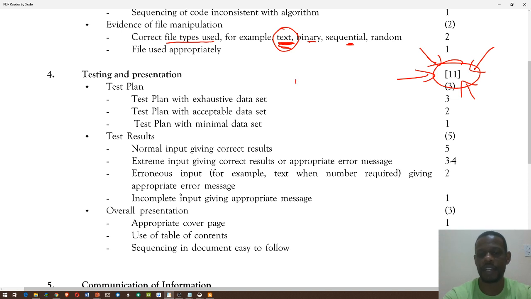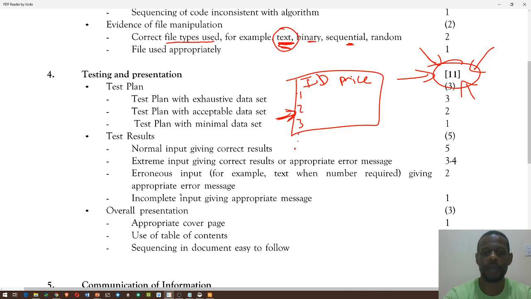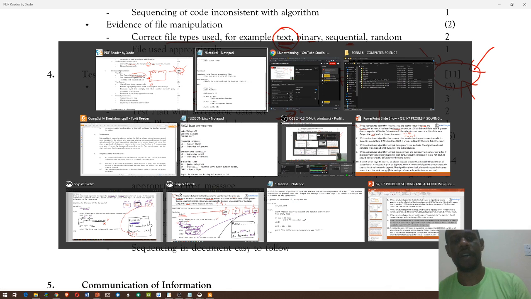So you can't just have a text file with an ID and a price, and then you only have like 1, 2, 3 records. You have to create a text file that has some body. So you have to get probably up to 20 records, because that means your data set is exhaustive. Because with 1, 2, 3 records, you could only create a few variations, but you need to be able to create variations on the level of